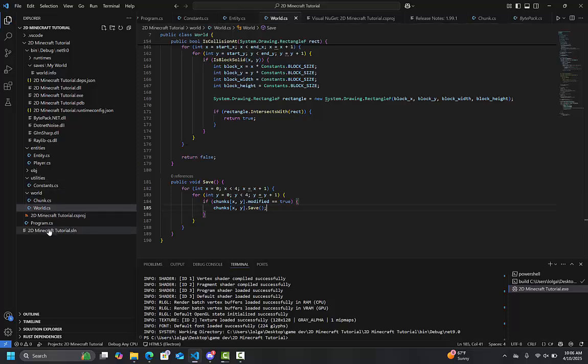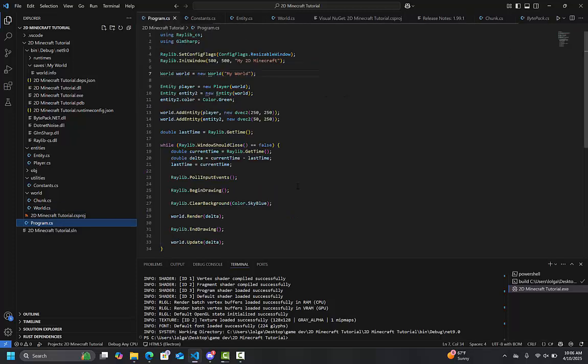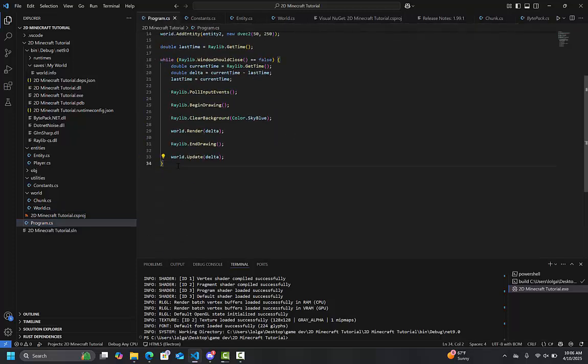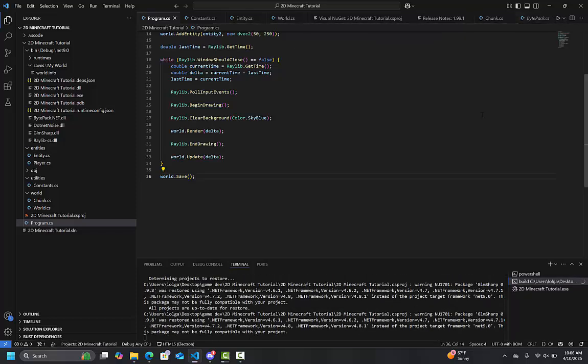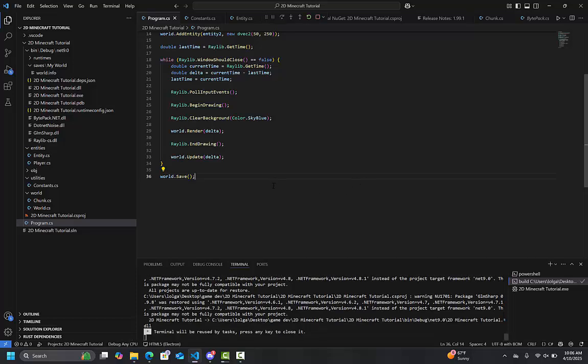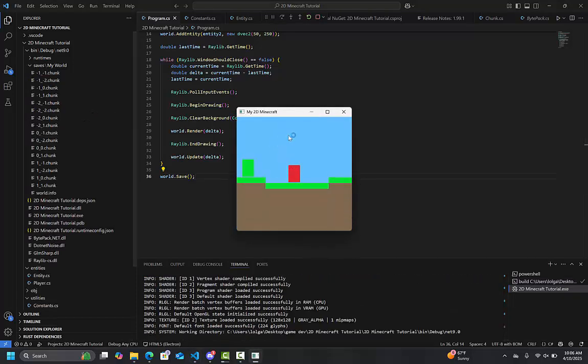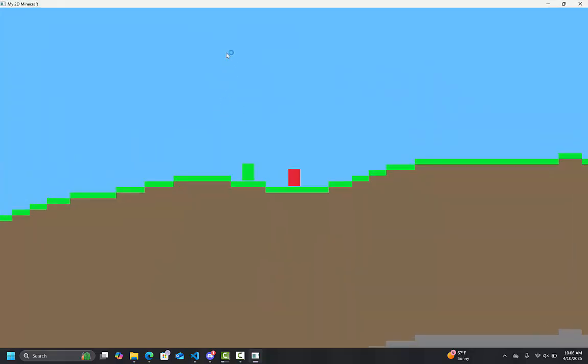And then we can go into the program here, and at the very end, let's add some enters here. We will do world.save, and the parentheses and the semicolon. Now, let's click this play. And we're going to test it out. So I'm going to go full screen. Let's build a smile. And we're going to make him say,